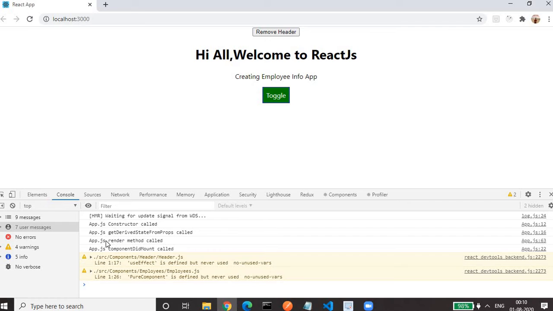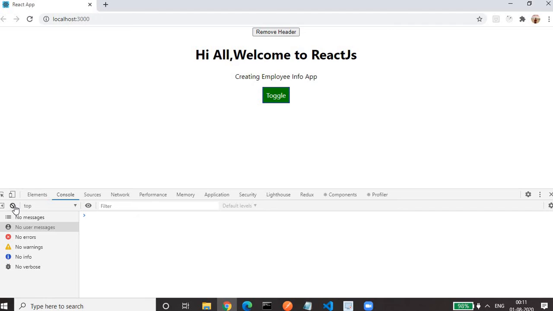So the sequence should be like this: once it reaches the render method of the parent component, it will call all the lifecycle methods of the corresponding nested child component. It will call the render method of the child component. Once that is executed, it will finally call the component did mount of the parent component. So component did mount is always the last method called when our component is created, and here we will do all kinds of AJAX code, the side effects. Okay. So let me remove that.